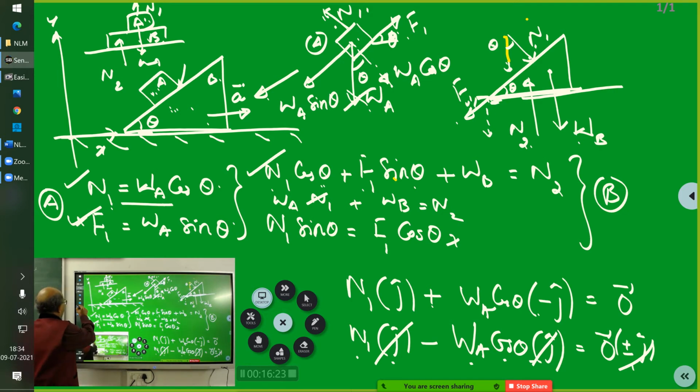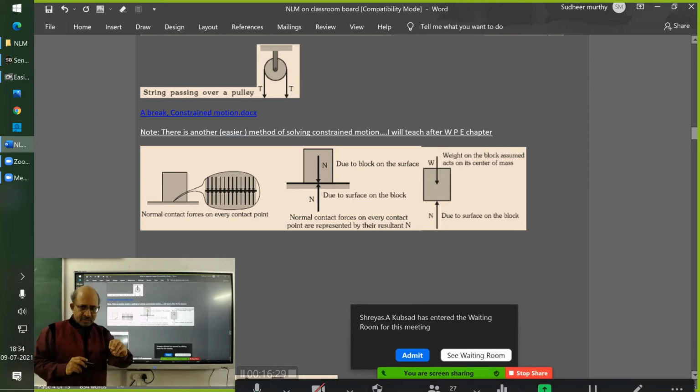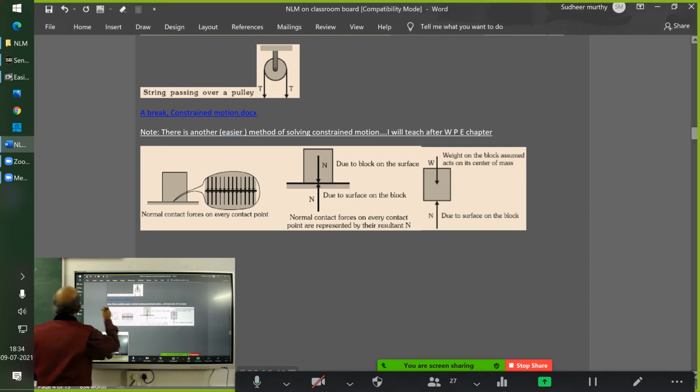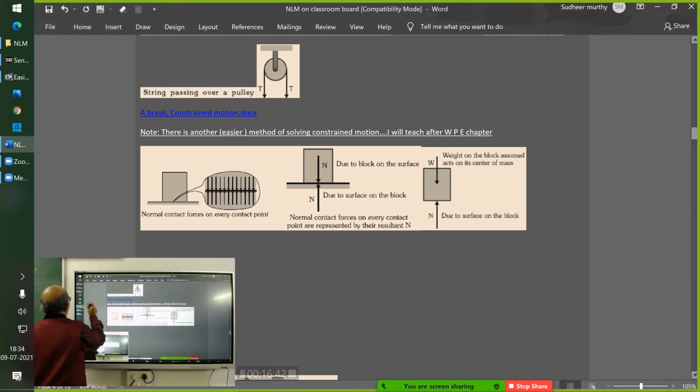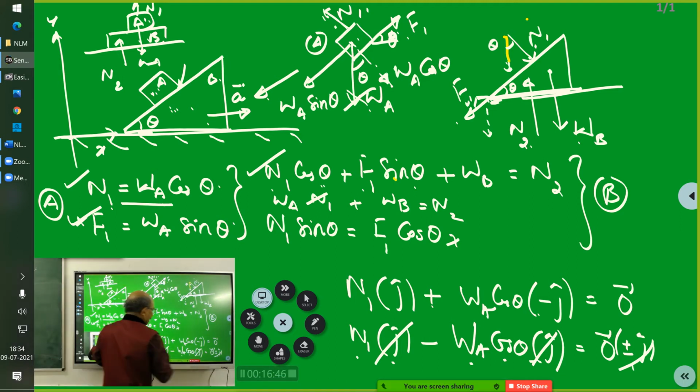What I will quickly do now is, I will just discuss all the simple forces that we have, and then I will move on to the problems on Newton's laws of motion. Before I do that, I am getting queries from students on what I said.